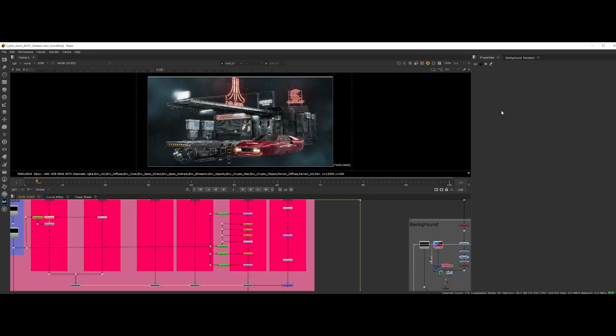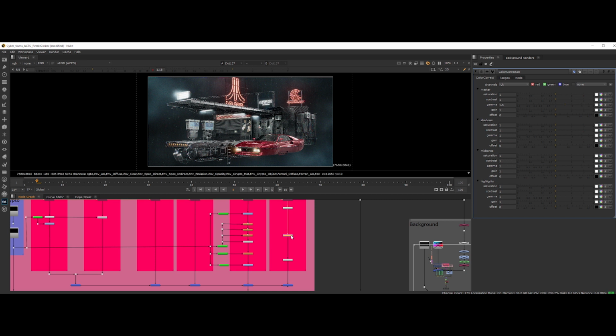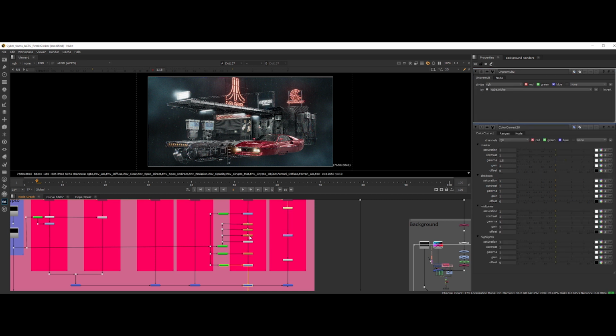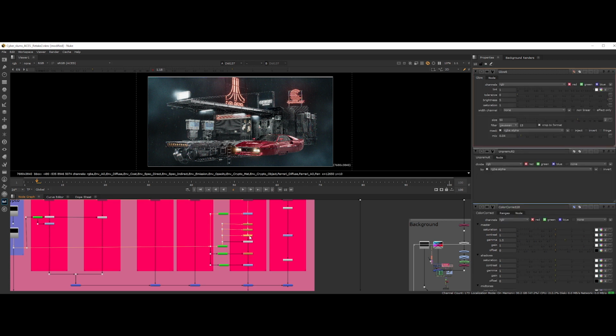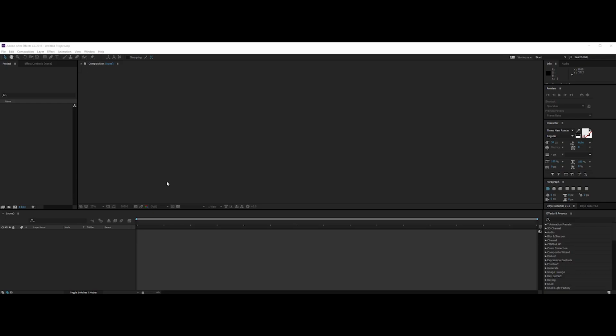The third one is on the right side and it's your properties. The properties are where you can find all the settings for each node. That means every effect you're making, like a merge node, a color corrector or a noise node, will show up on that side. Now, to configure After Effects correctly for 3D compositing, it's important and needed to change a few things.